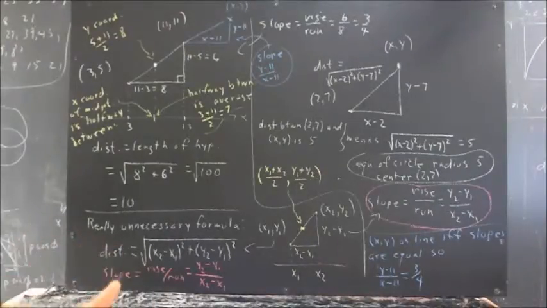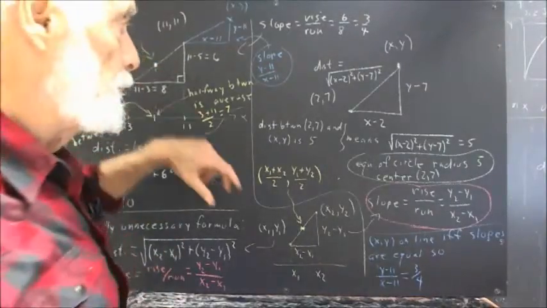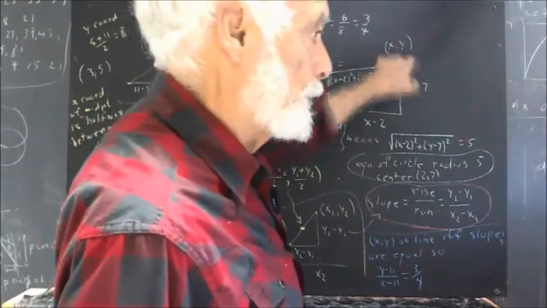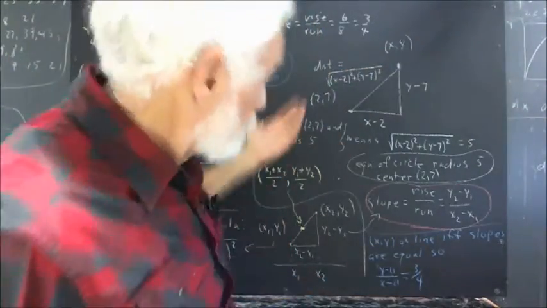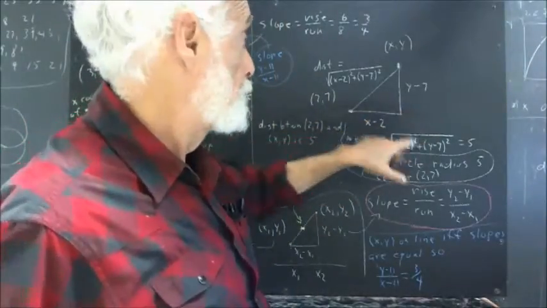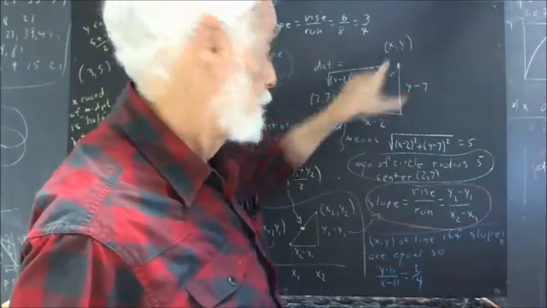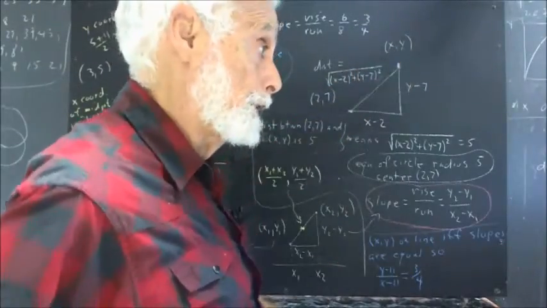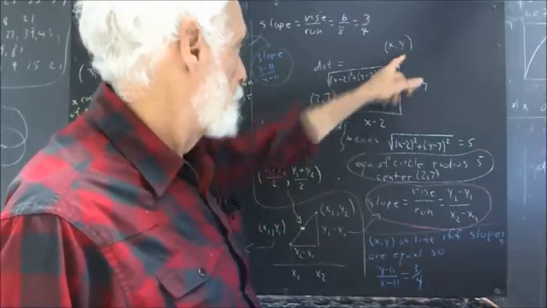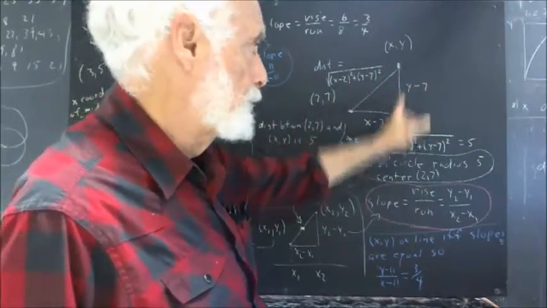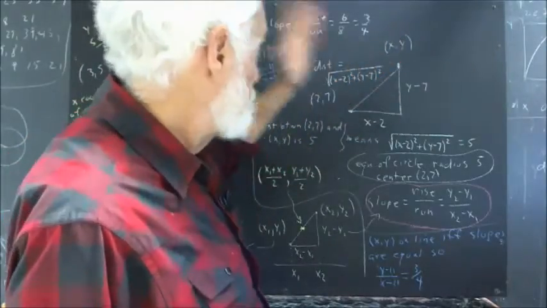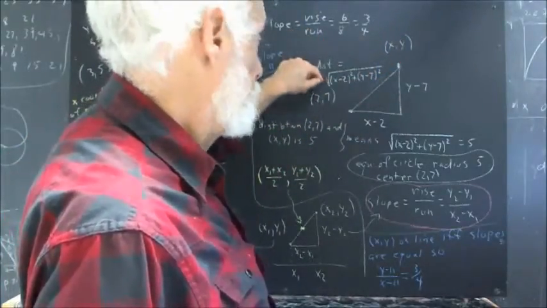Another question asked us to do the same thing we did here, but using the points (2, 7) and (x, y). Well, fairly straightforward: to get the run, we subtract the x coordinate of this point from the x coordinate of this point. It's going to give us x minus 2. And same thing with the y coordinates. We get y minus 7 for this side of the triangle,